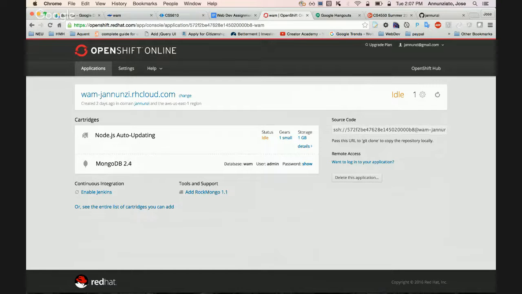Also need to install MongoDB as a gear. It'll be a link here that says add MongoDB. When you click on that, right, it'll go on and install MongoDB. It'll provide the username and password for the database. You won't need it, only if you're going to use a client to log in and see the database content. But for the most part, you're not going to need the username and password. But I would copy it and keep it aside if I ever need to connect to it with a client.